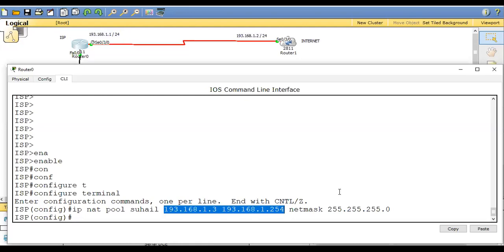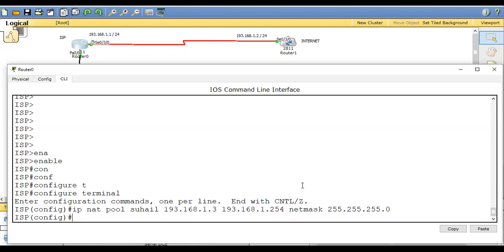But in dynamic NATing, we have a range of IP addresses, this time from 3 to 254. So I'm telling my router, if anybody comes to you, you have a range of IP addresses. Give one IP address back to back, randomly, to any host which comes to you for translation.